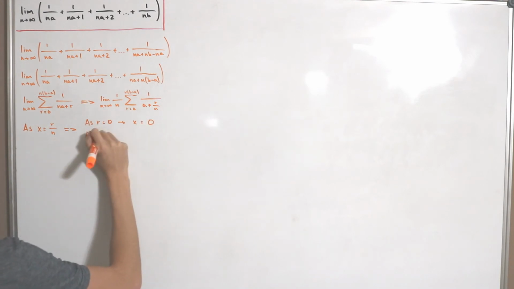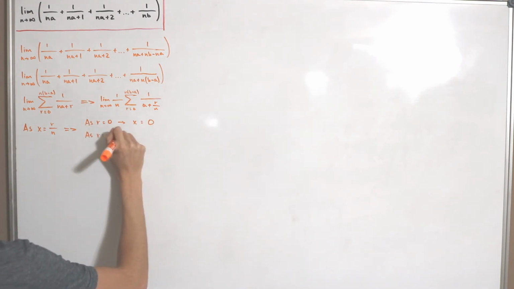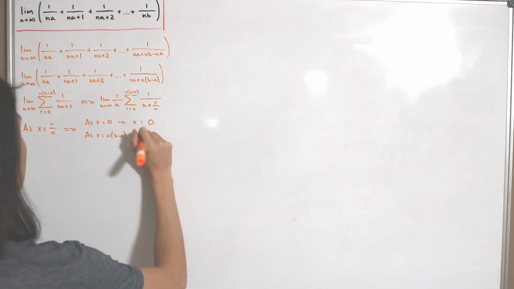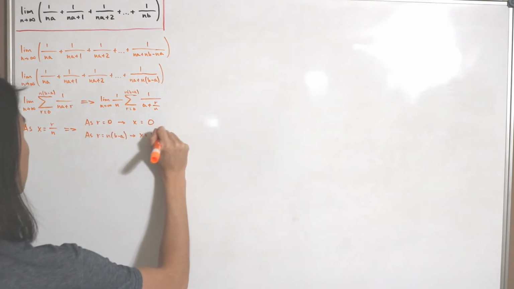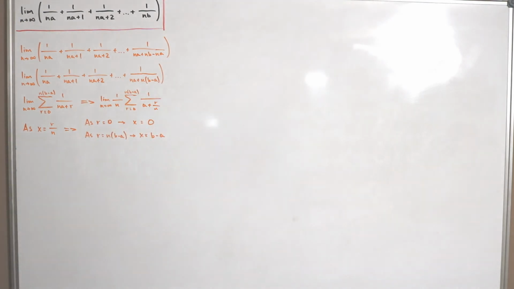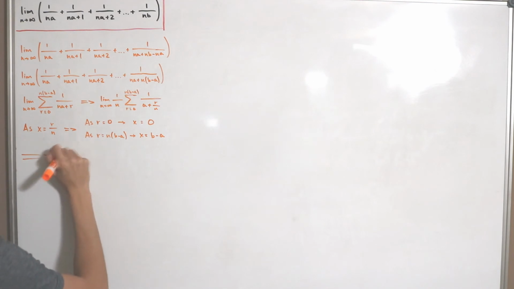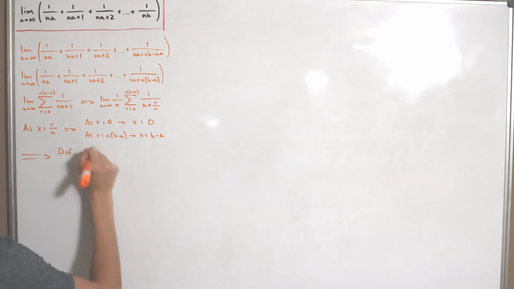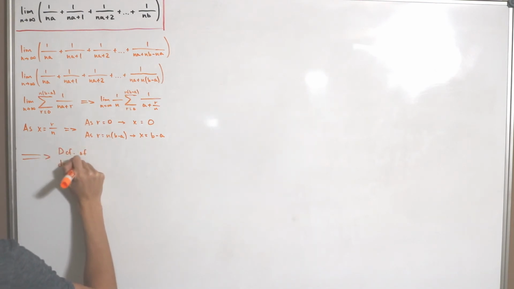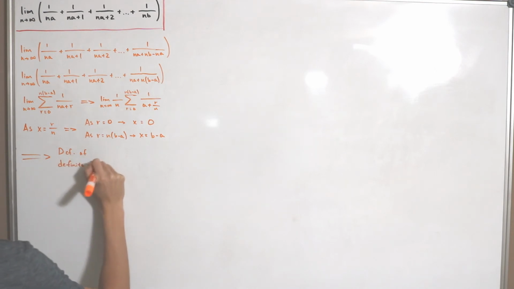And when r equals n times b minus a, then x has to equal b minus a. With that, using the definition of the definite integral,